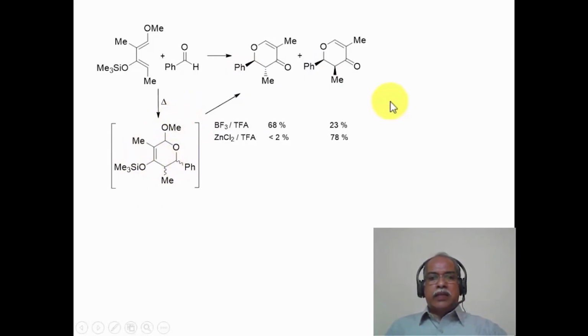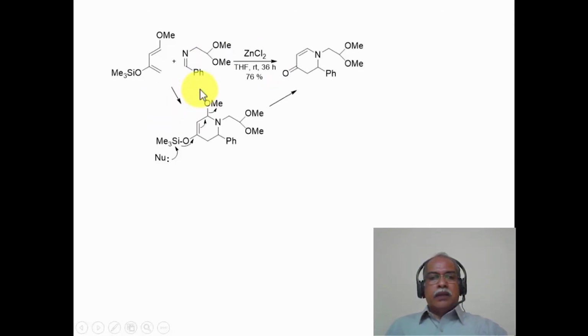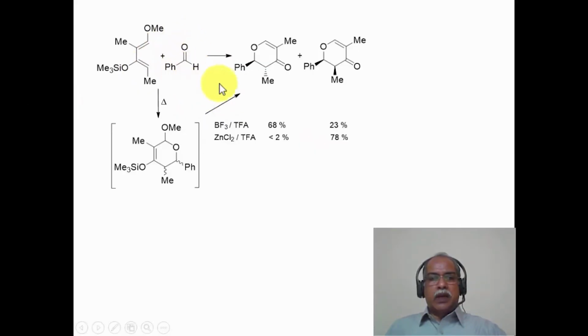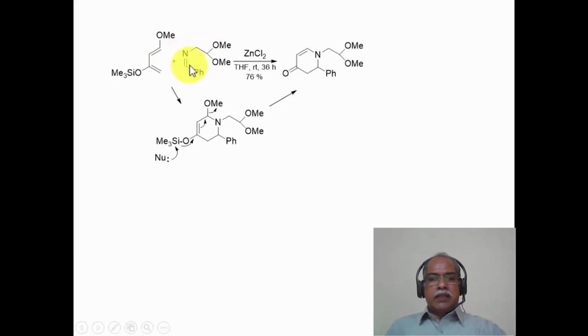The exo-endo orientation essentially determines the stereochemistry of these two junctions, that are two carbons that are produced during the course of this particular reaction. This is another example of a Danishefsky diene reacting with an imine. The earlier case it was a reaction with an aldehyde. In this particular case it is a reaction with an imine, and the Danishefsky diene is this particular diene,